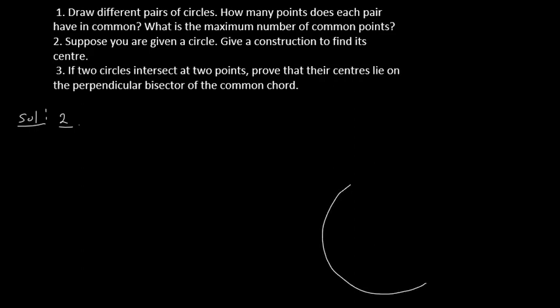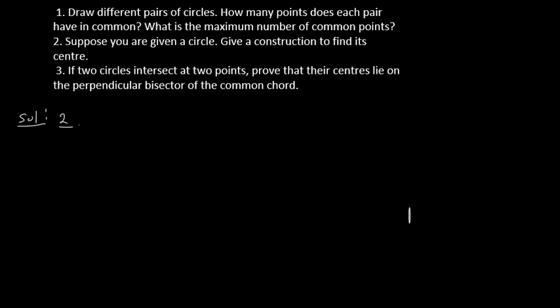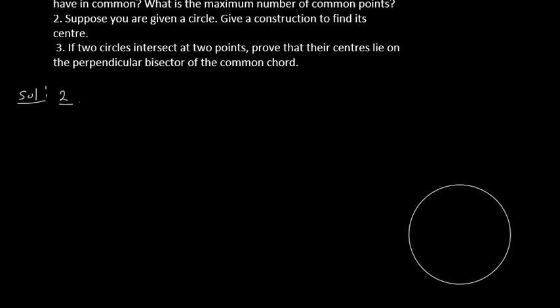Now how do you draw a circle without using any center? You can take any bangle or something like that, any circular shape, and with the help of that you draw a circle. Like here I drew a circle, but I haven't marked its center. Now how I can locate its center, that is the question. So think what we can do.